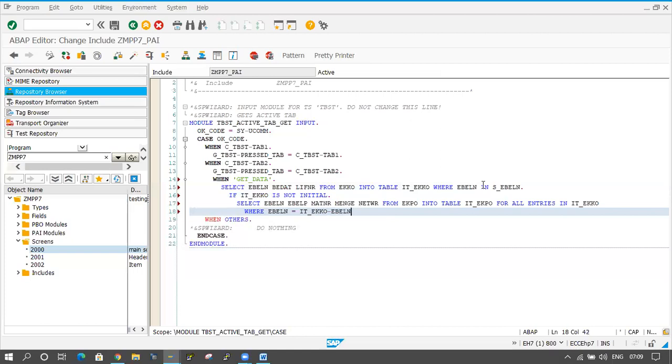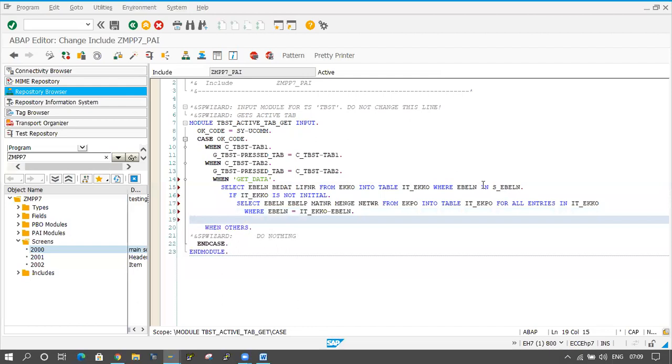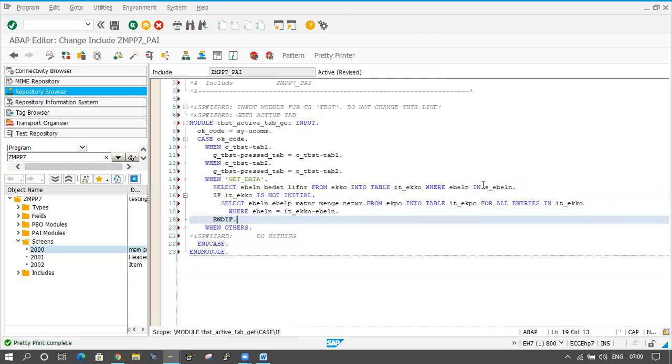You already know about this one. Pretty printer, shift F1. Now the code is aligning here.